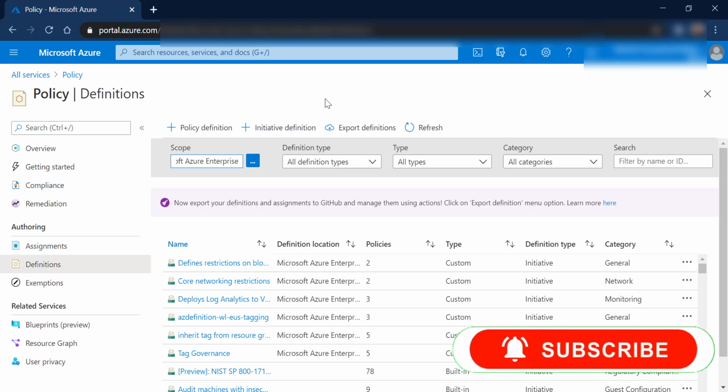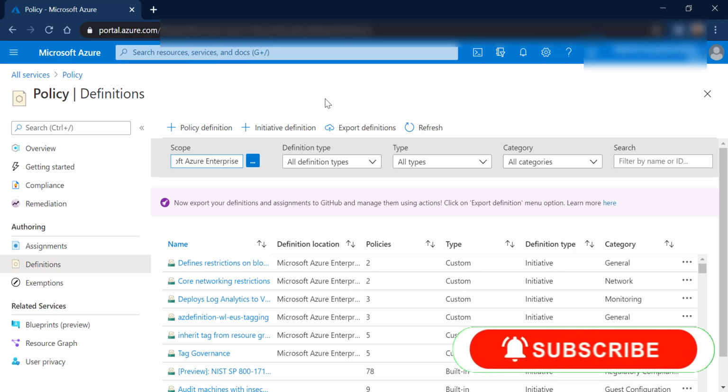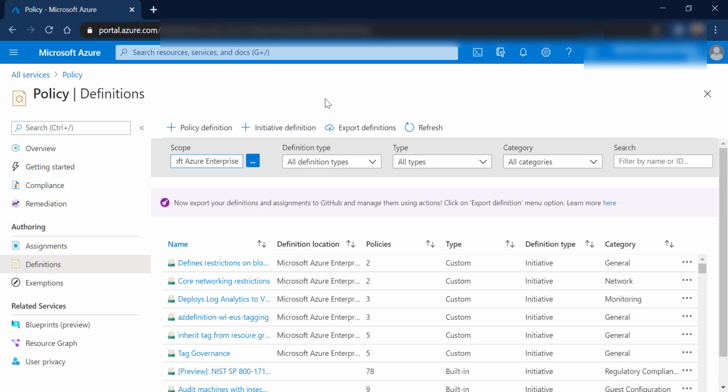In other words, you can define an initiative as a collection of policies which combines multiple policies together and applies them on a particular target area. For example, the target area could be the entire subscription, a collection of subscriptions, which is your resource manager, a resource group, or it could be on an Azure specific type of resource or the specific resource group itself. So it depends upon the target area you are applying to; the policy will be applicable to that.